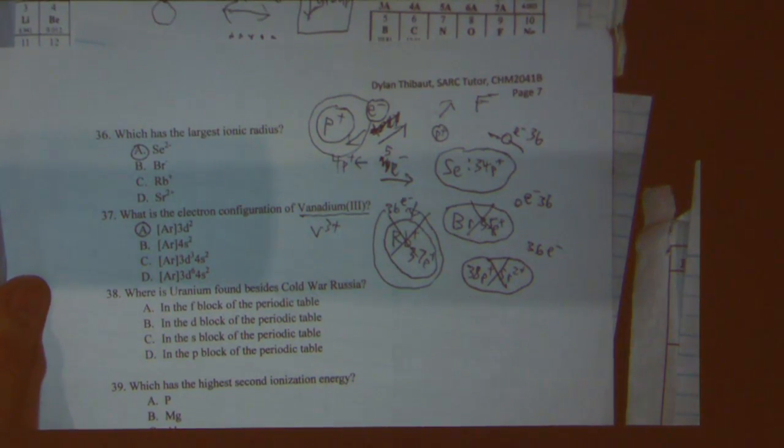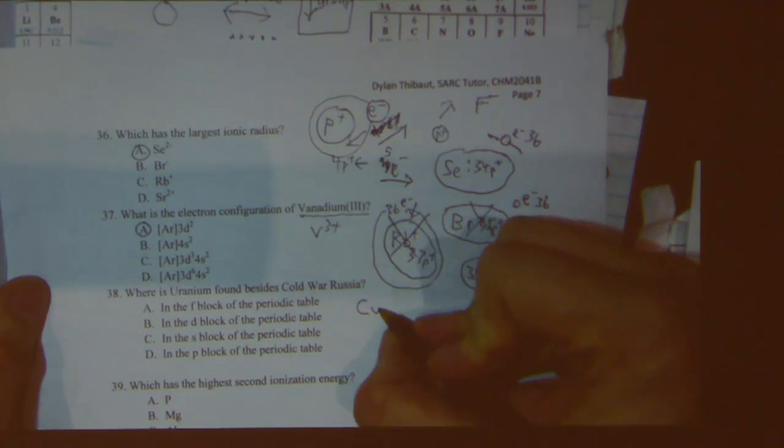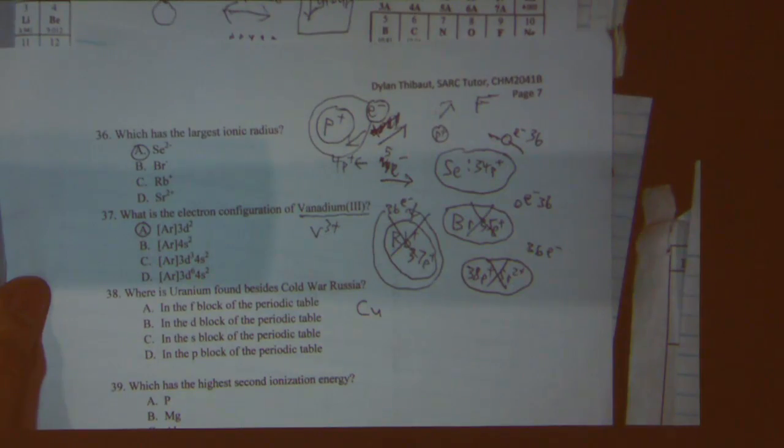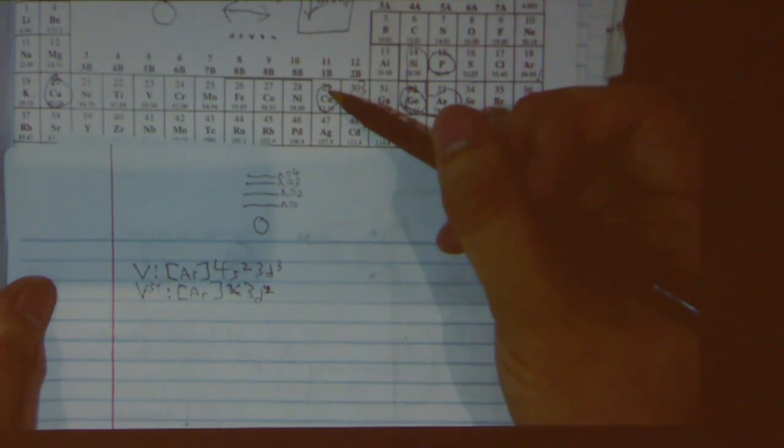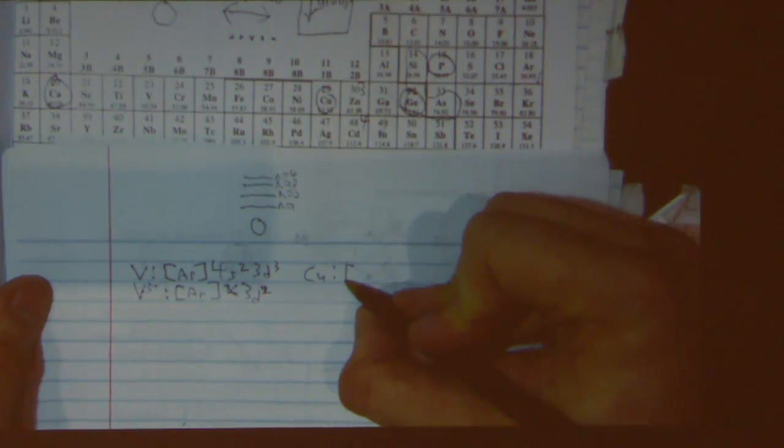Now, while I'm here, I might as well mention what Cu looks like. So we all should be aware by now that copper is really weird. Copper on the periodic table, see number 29, copper, looks like it should be 3d9. However, it's actually 3d10. So copper is an exception to the rule, as well as chromium. So it's important to know these two. Copper is going to be Ar